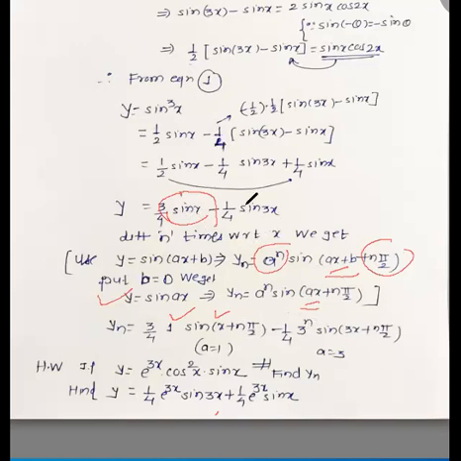Minus 1 upon 4. What is the nth derivative of sin 3x? Here, what is the value of a in sin ax? A is 3. So apply this formula: a raised to n means 3 raised to n, sin 3x plus n times pi by 2. Here a is 1, here a is 3. And this is the solution. So sin cube x cannot be differentiated n times directly. We first simplify and obtain its value in terms of sin x and sin 3x, and use the formula for sin(ax + b).